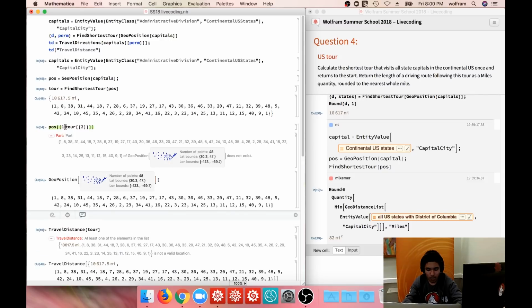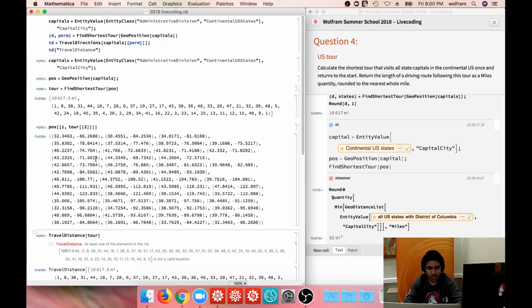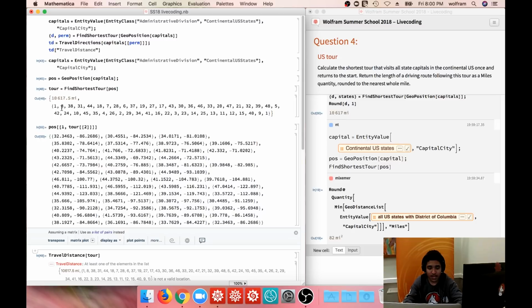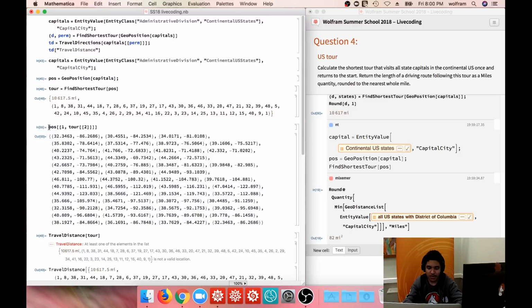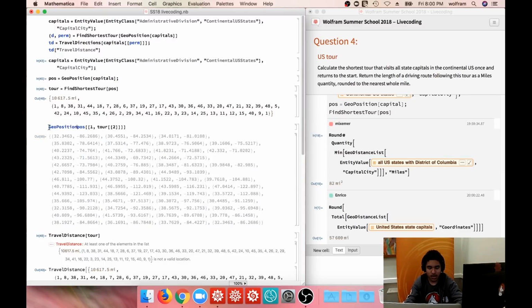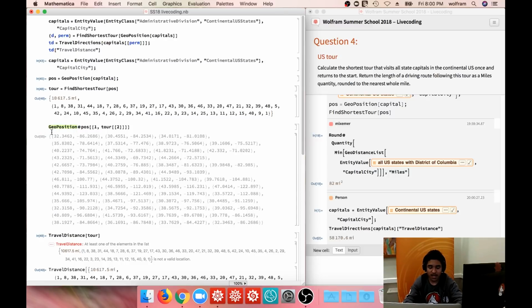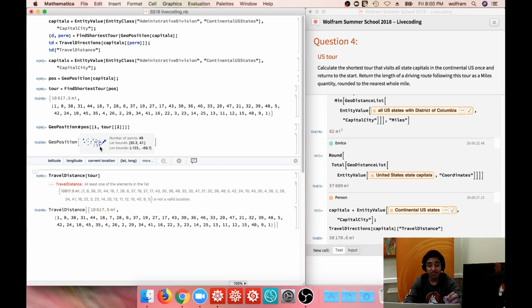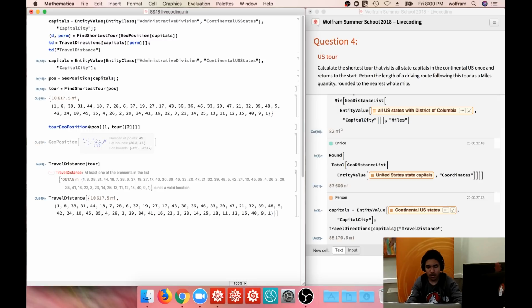Okay, so that's the coordinates in the order that's given here, and then I'm going to apply GeoPosition to that again, which is going to give me another one of those GeoPosition things, but in that new order, the shortest tour. Tour pos equals that, setting that to a nice variable. And then if I do TravelDistance of that,